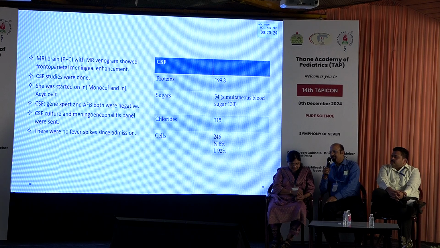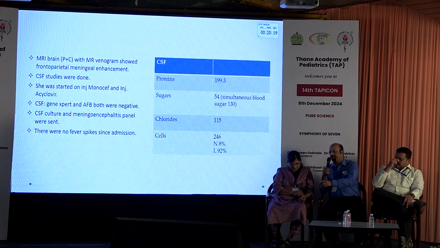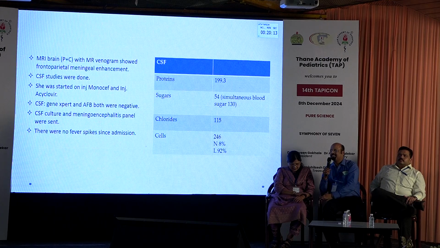Sir, here there are no basal exudates or anything. The MRI picture is not typical of TBM. It's just an increase in the enhancement. Correct. So this is a meningitis for sure. This child is also having some behavioral abnormalities with meningoencephalitis. We are not able to pick up the TB from anywhere as of now. Should we treat with ATT or wait for the disease to evolve is my question.